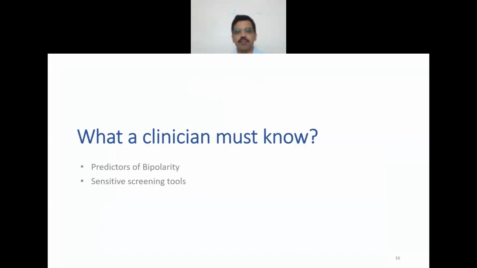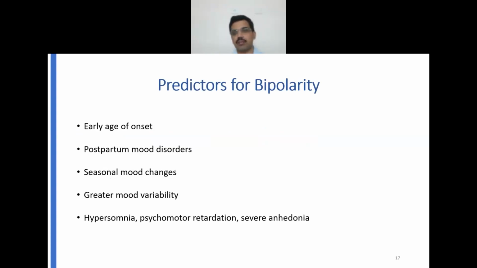So what a clinician must know is the predictors of bipolarity and what are the sensitive tools by which we can screen them. So there can be some repetition points in that, but these are some indicators of bipolarity. So suppose I give that example of the child who presented to our IPD with some symptoms. If we go and see,